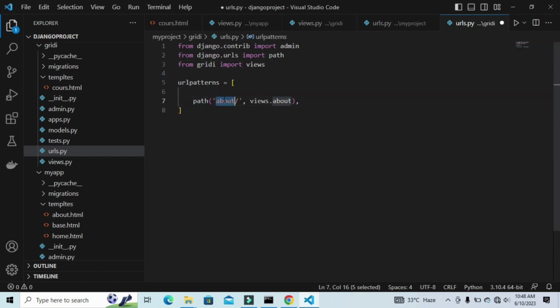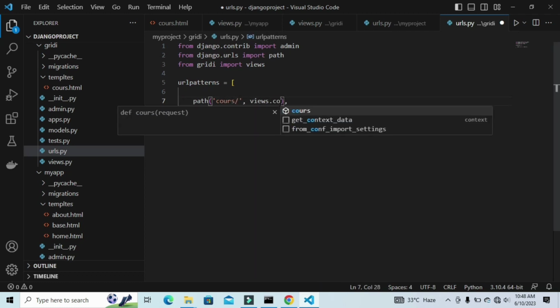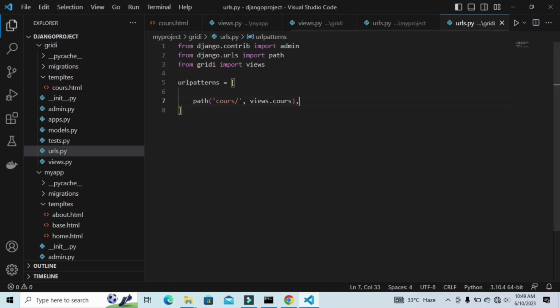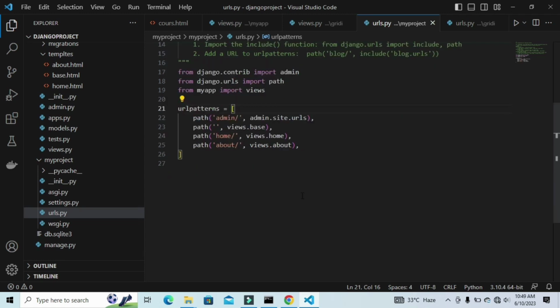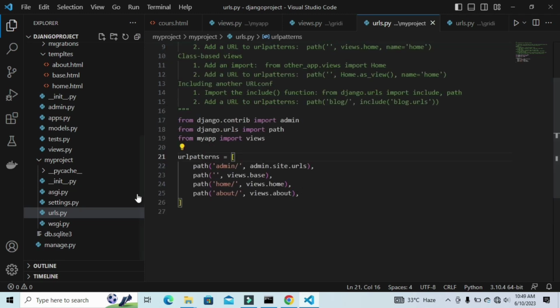Then here when I'm entering course, it should redirect to the course page. This is views.course. Control S. Then we need to include this one inside the main URLs file. For that, go to the main URLs file, which is created at the project level. See, inside my project, one urls.py file is created below the settings.py file. Here we need to include, for that include,